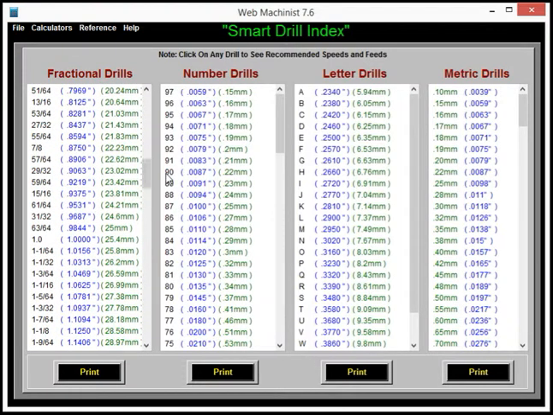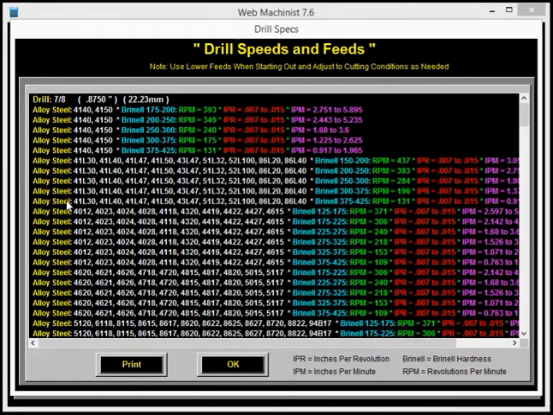Just to show you why this index is smart, let's say, well, I'm going to look down here at fractional drill, and I am going to choose a 7/8 drill. So I'll click on 7/8. Now what it does, this is the smart part, for 7/8 drill, Smart Drill Index is bringing up all of these different materials, and from there it's giving me my